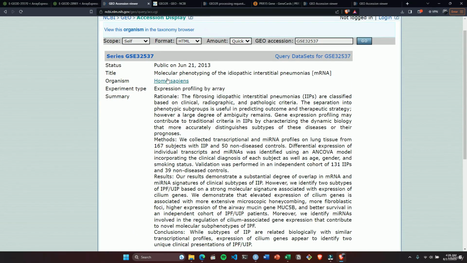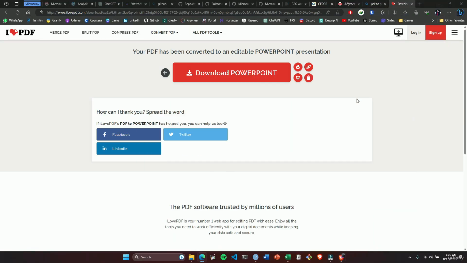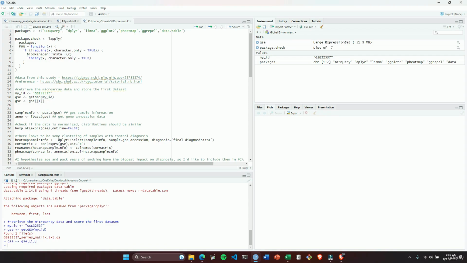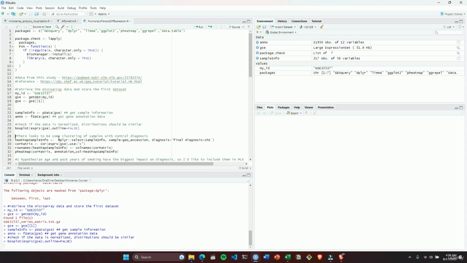It is a molecular phenotyping of idiopathic intestinal phenomenosis, which is also a type of cancer. Now that our file is here, we can create a matrix called GSE